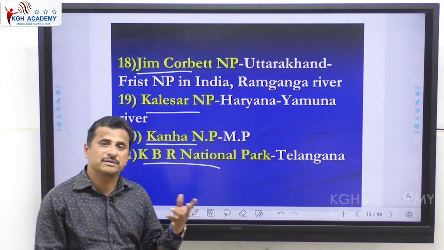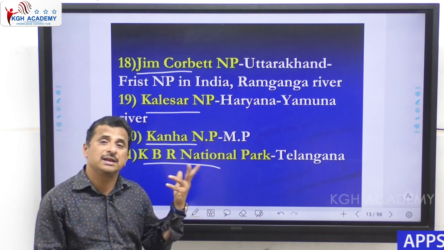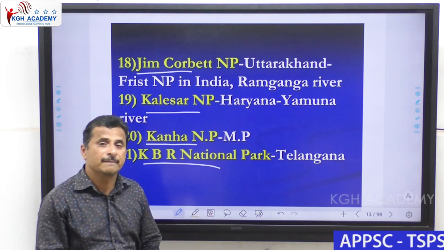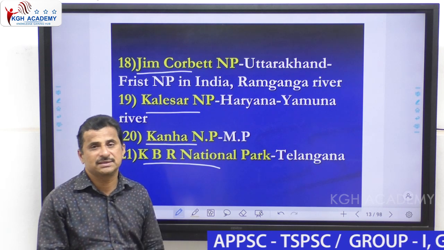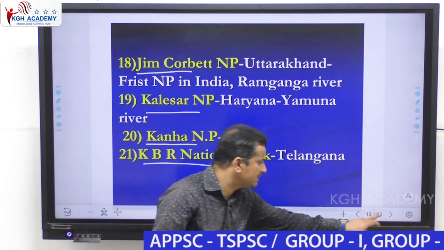So really, this type of condition you cannot see in any other metropolitan cities. Okay, very important for TSPSC and APPSC also. And next, after this,